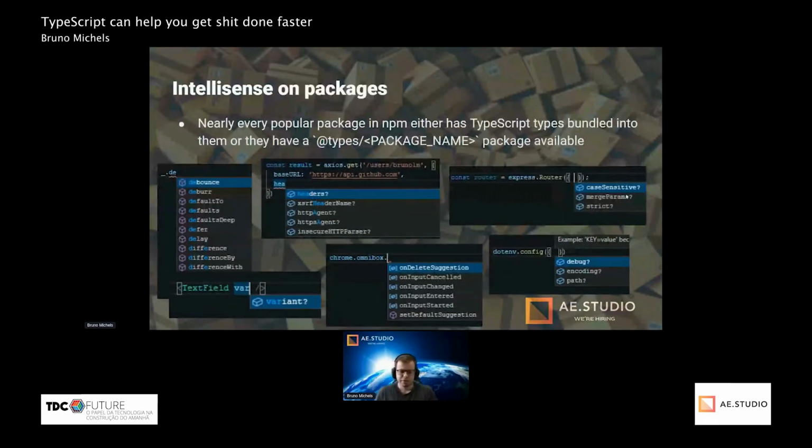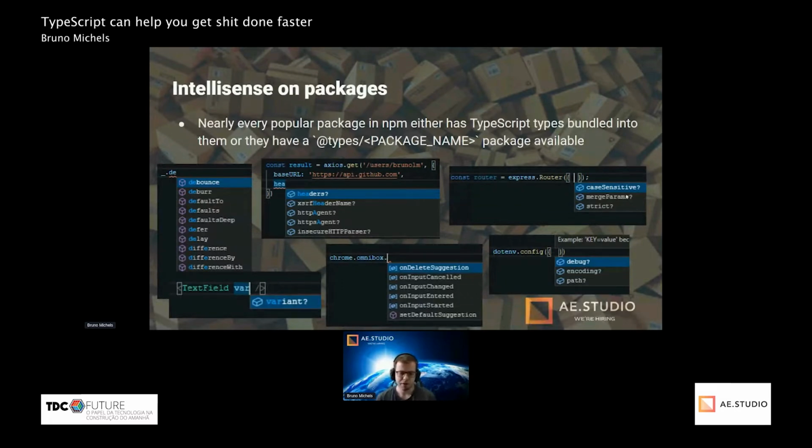IntelliSense on packages. Nearly every popular package in NPM either has TypeScript types built into it, meaning if you install a package, you automatically get all the types, all the auto-completion and everything else. Some packages don't, but they have equivalent types if you install @types/the package name.